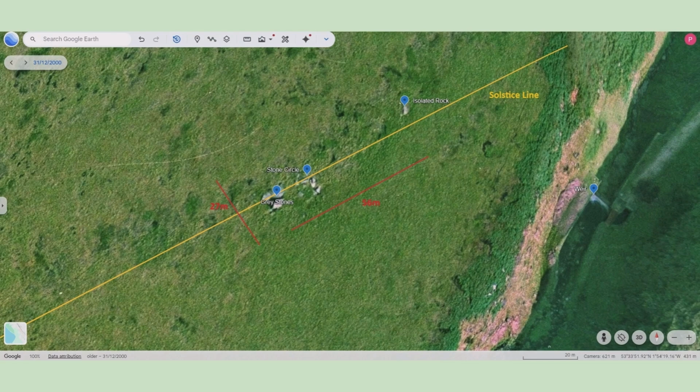This is where I hope someone with the authority and skills to undertake a systematic search of the areas identified from cross-referencing and intersecting the photos and the Solstice Line will see this video and be able to undertake such a search. Of course, I do not want to encourage anyone without such authority to attempt any search. It is private land and an amateur search could be damaging, so any search must be undertaken with meticulous care